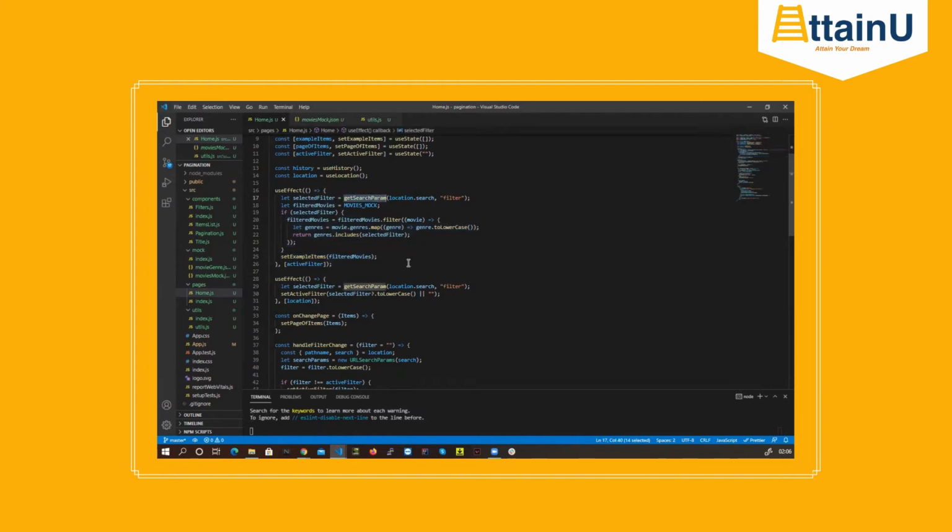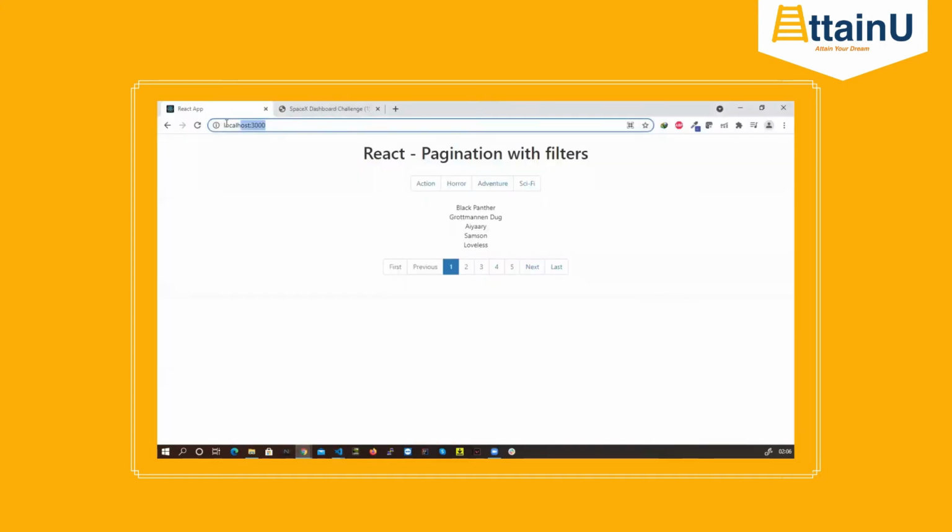Now coming to the point where if you want to share the applied filter to your friend, how is that going to happen? The whole trick is basically in this URL, right? If you're going to share anything to your friend, you're basically going to share this URL. So why not capture the selected filter of the user in the URL itself? That way if he's sharing it to anyone, and if a user comes back from the URL itself, I would know which filter was active. Programmatically I would go ahead and apply that, and all my code will run, and based on that I'm going to show the movies, right?